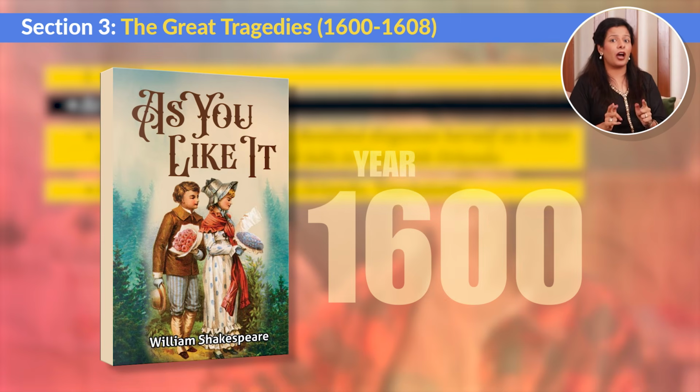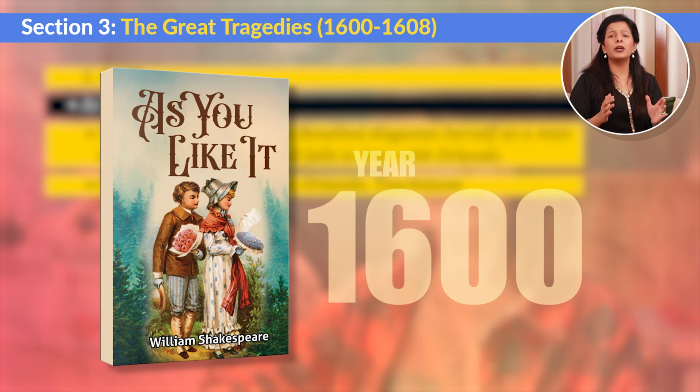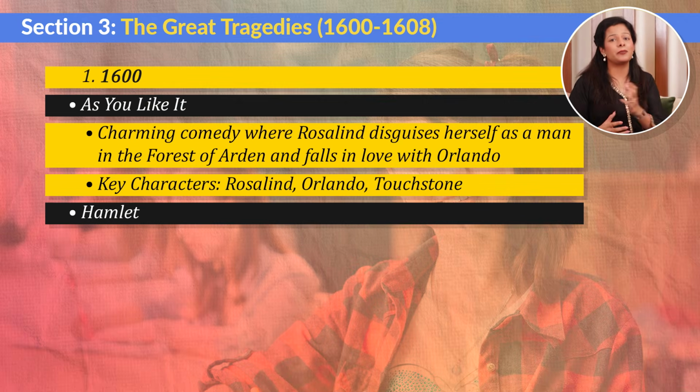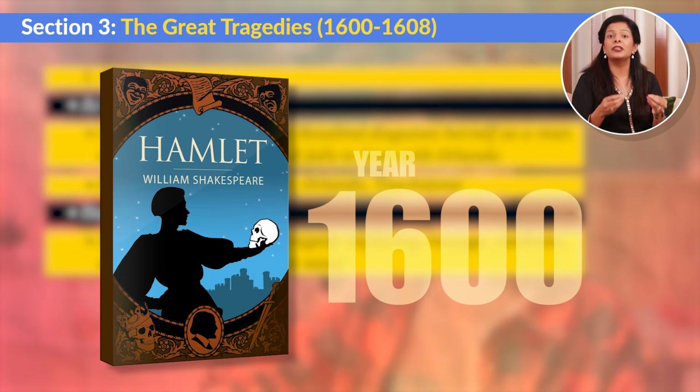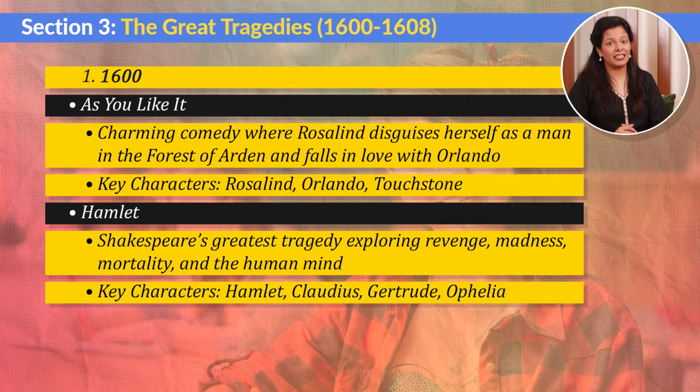It. It is a charming comedy where Rosalind disguises herself as a man in the forest of Arden and falls in love with Orlando. The second play of the same year was the unforgettable Hamlet. Often considered Shakespeare's greatest tragedy, it explores deep themes of revenge, madness, mortality, and the complexity of the human mind. The play features iconic characters like Hamlet, Claudius, and Gertrude, and remains one of the most powerful and studied works